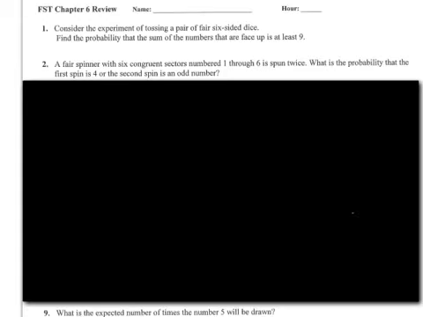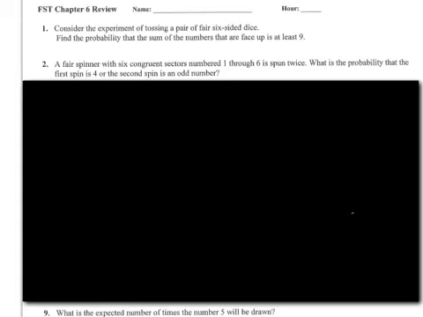Looking at number 2, we have a fair spinner with 6 congruent sectors numbered 1 through 6 that is spun twice. So spin 1, spin 2. 6 outcomes for spin 1, 6 for spin 2. Again, 36 possible outcomes. What is the probability that the first spin is a 4 or the second spin is an odd number? So this would be the probability that first is a 4 or second